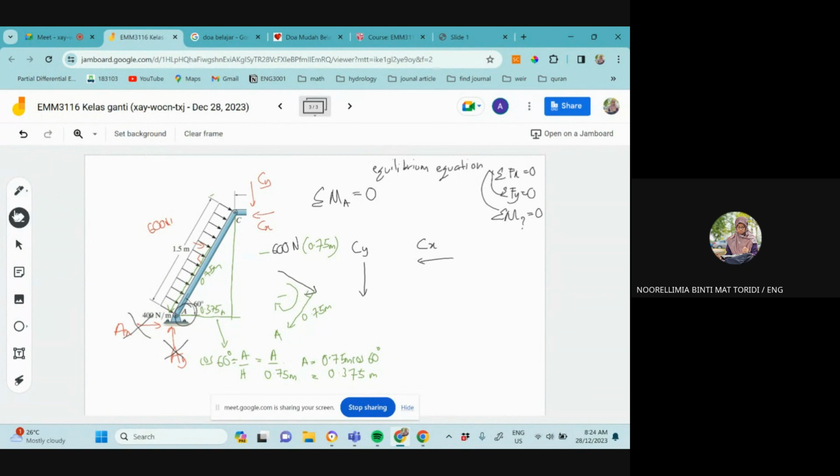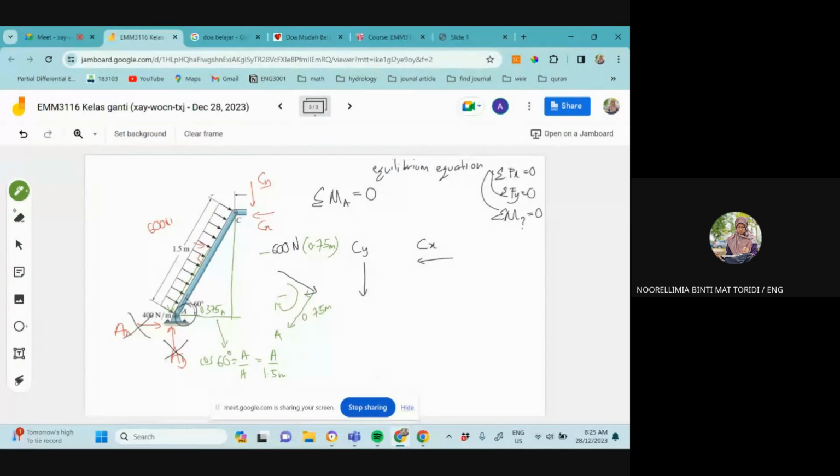Okay. So yang ni bukan 0.75. Supposed to be 1.5. Saya dah tak perasan tadi. So it's equal to 1.5. Okay, thank you. Saya tak ingat dah. Okay, so this one is equal to 1.5